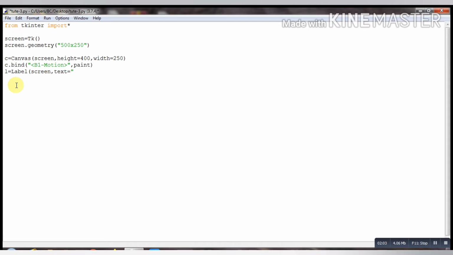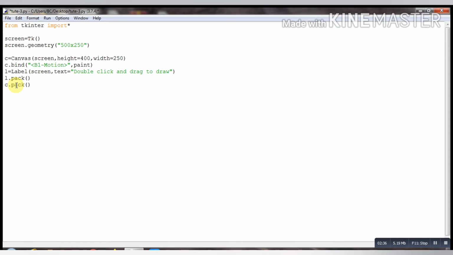Text will be equal to double click and drag to draw, means whatever you want to draw you can drag and draw. Then l dot pack, or c dot pack also.